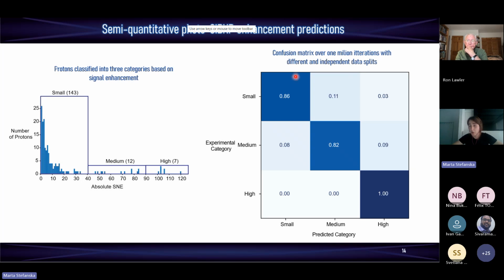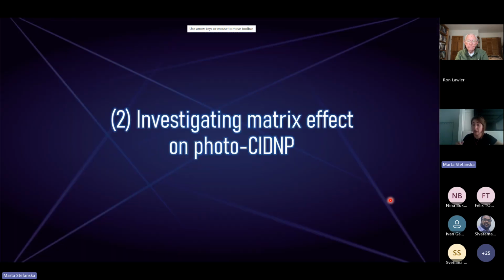And this is given by this confusion matrix. So basically, the diagonal shows you the ratio of the correctly assigned category with high photo-CIDNP enhancement predicted with 100% certainty. So this is exactly something that I wanted to achieve in this model: to be able to fish out the molecules that have high photo-CIDNP enhancement, that then later on I could use in my photo-CIDNP